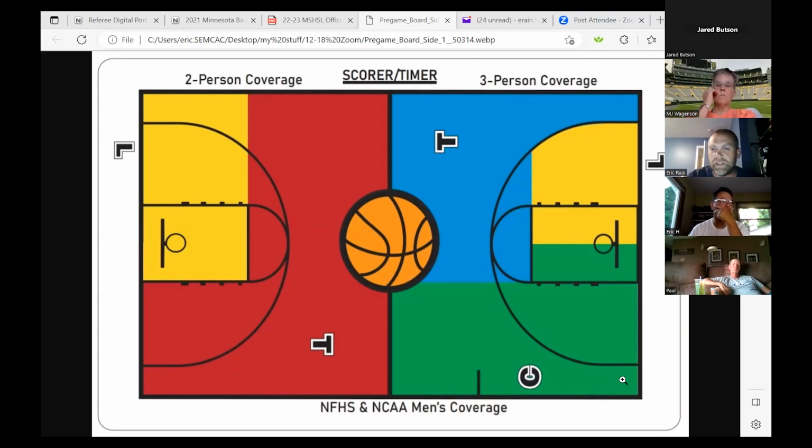When we get down in the corner 3 area, is there anybody that's going to be able to help that center out and seem legitimate to the people watching? Probably not. We need to be aware of when we can help on these calls and when we have to trust our partner in their judgment and let their judgment be the call we go with, and we focus on our areas of responsibility, which will be the rebounding action, which will be if the ball hits the rim after it's released,